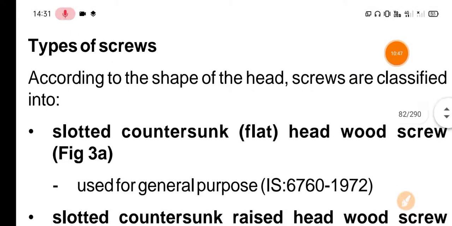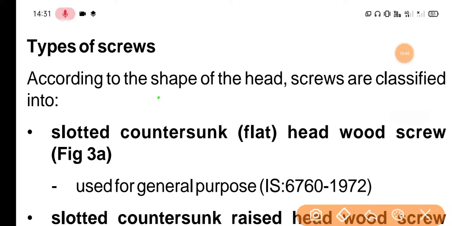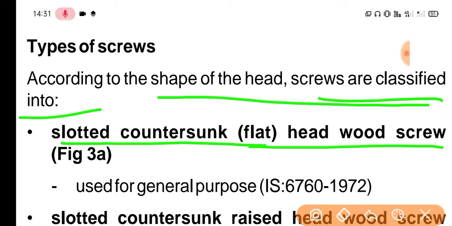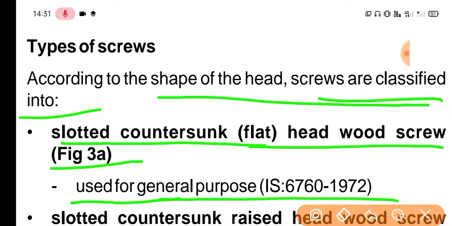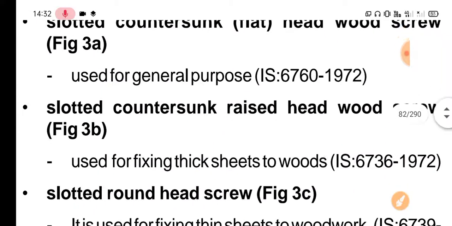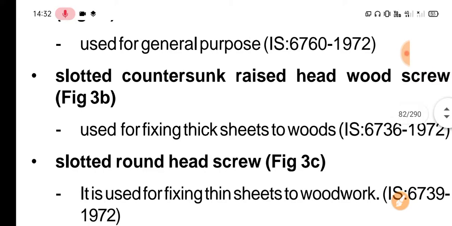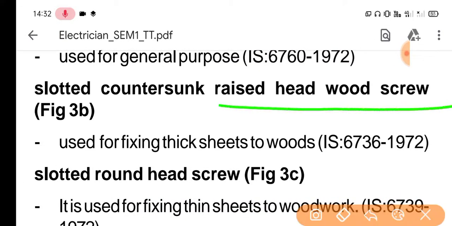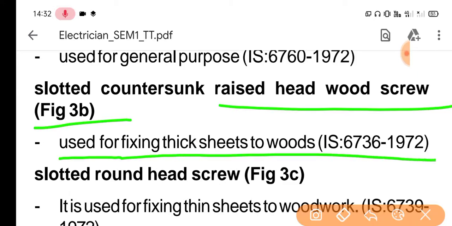Types of screws. According to the shape of the head, screws are classified into slotted countersunk flat head wood screw, picture 3a, used for general purpose. Slotted countersunk raised head wood screw, picture 3b, used for fixing thick sheets to wood.